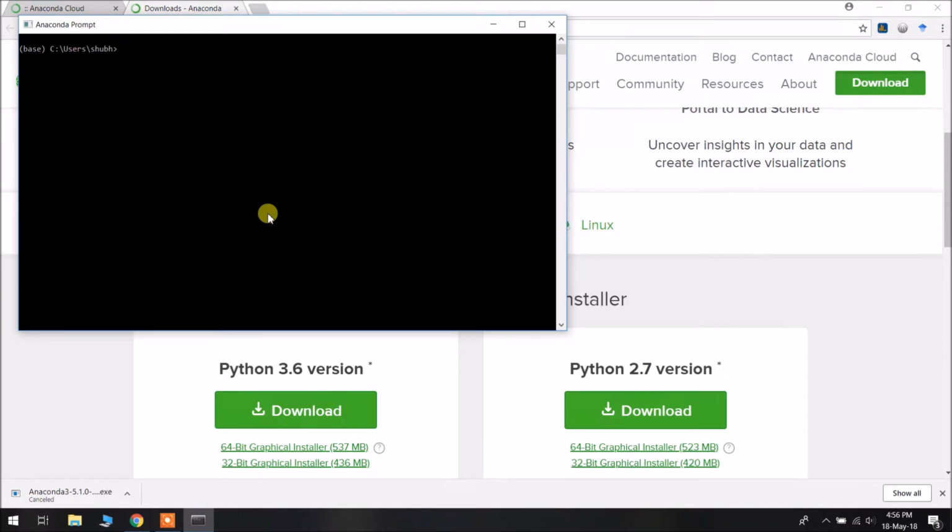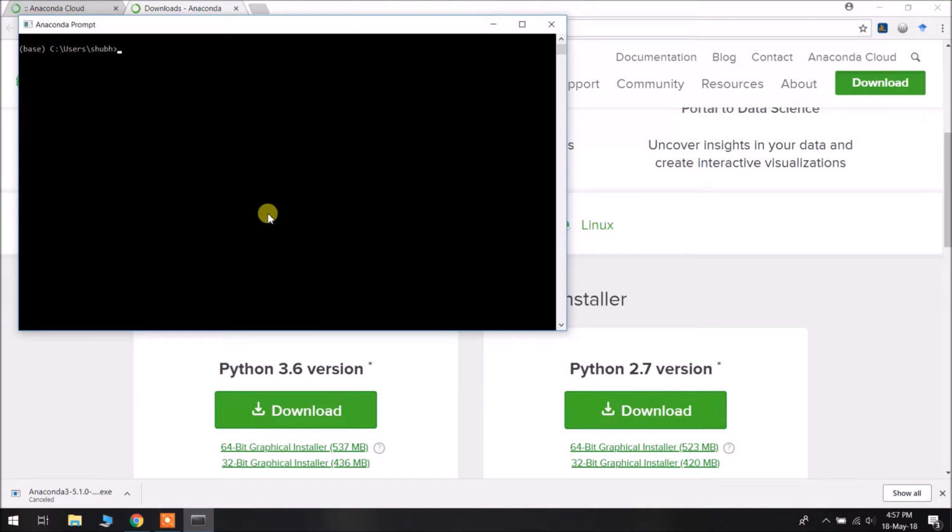Now we are going to create a Conda environment. Conda environment lets you install separate packages within Anaconda so that there may not be any compatibility issues between the different packages of Python. So we will be creating a new Conda environment, but before that, make sure that all the Anaconda libraries are up to date.